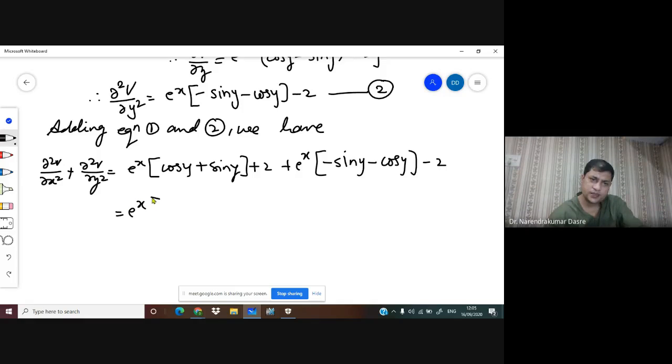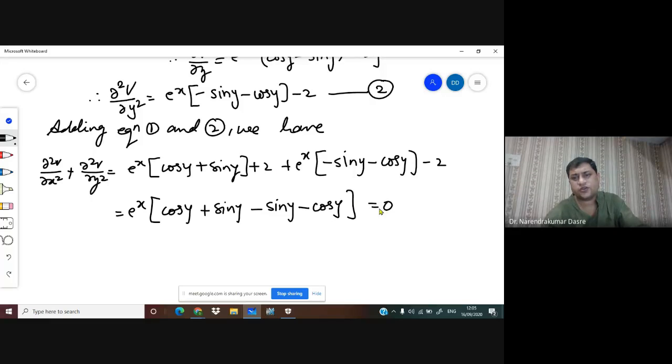So we can write this as e raised to x (cos y plus sin y minus sin y minus cos y), and this plus 2 minus 2 will get 0. So this will also get 0, as the sine term will get cancelled, the cosine term will get cancelled. And so what we get here, we get ∂²v/∂x² plus ∂²v/∂y² is equal to